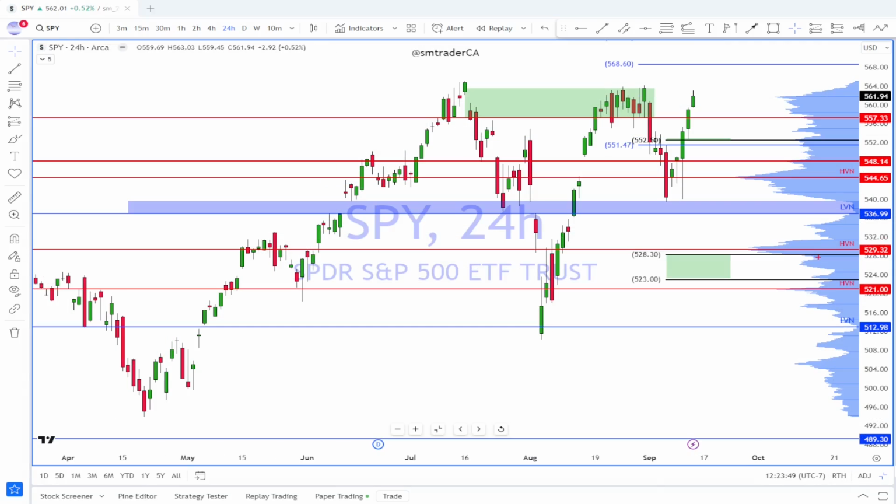And looking at the SPY, we saw that it bounced nicely off of this low volume zone here and came up to this upper range. It did not do too much filling in on this region here in terms of trading volume, but it did move back up to this balance area. So right now we're looking for a break above this balance area, then this all-time high will definitely be in play. And here's what the market is pricing in.